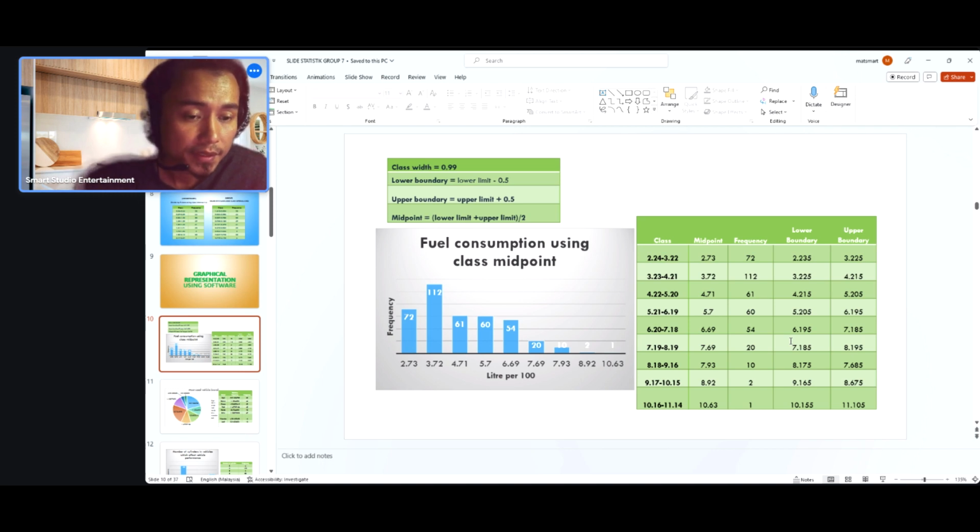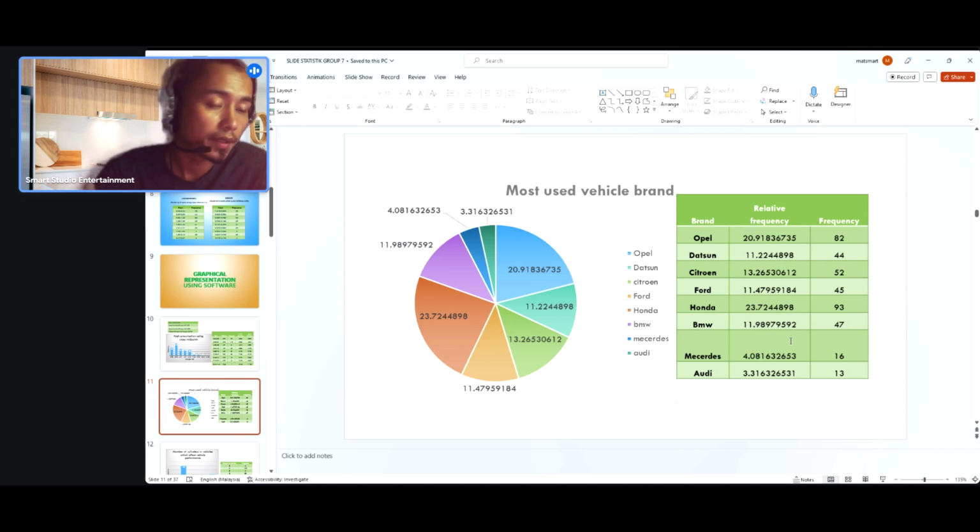These are bar charts of frequency and liters per 100 kilometers. Look at the